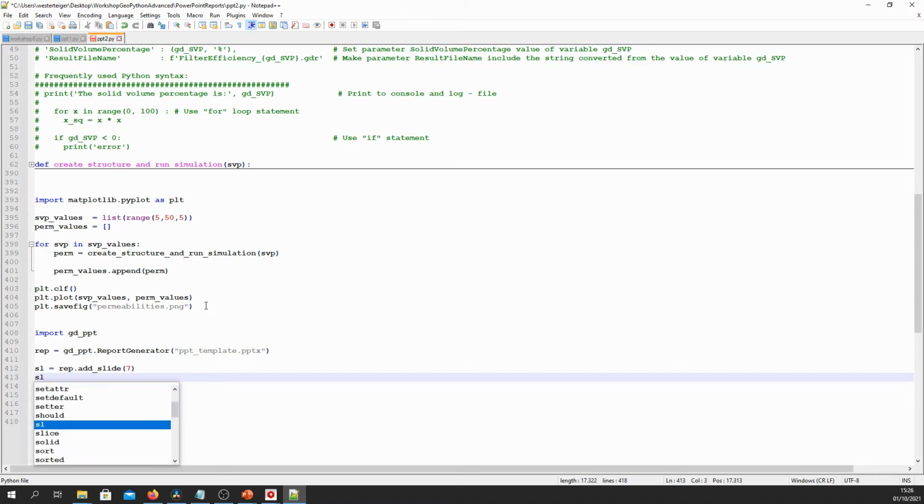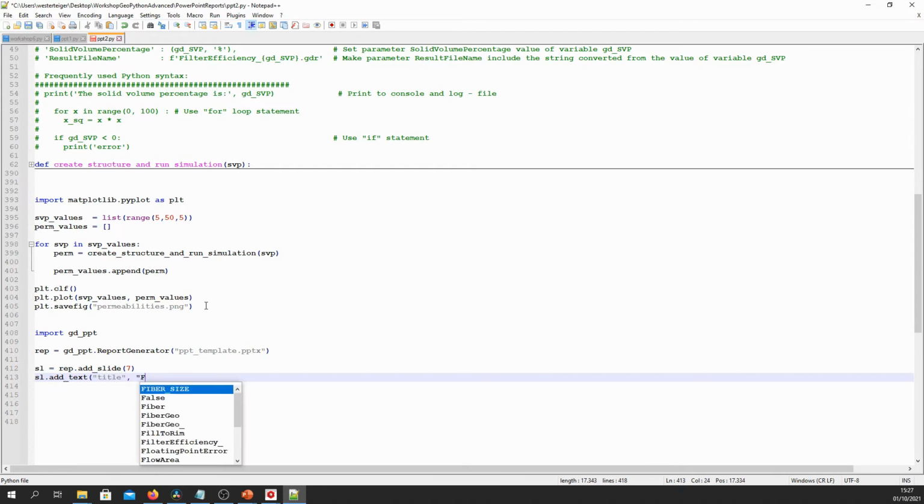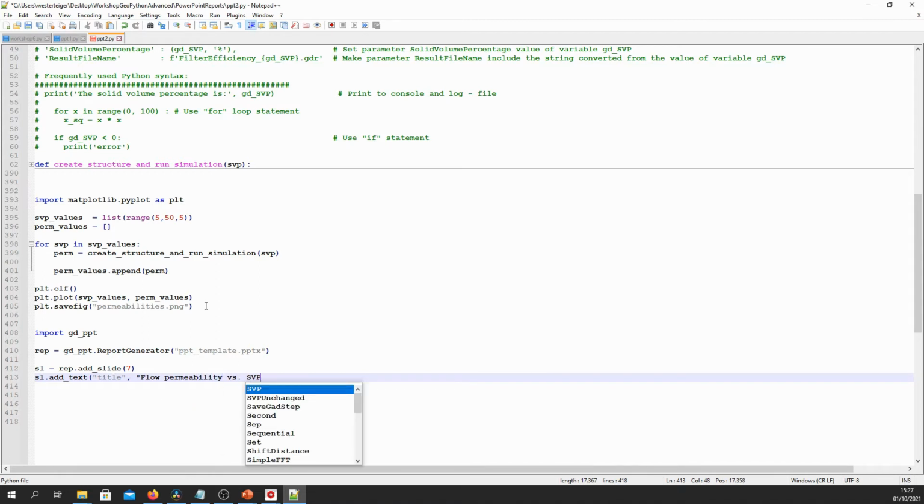And we begin by replacing the text for the title. So we do sl.add_text, title, and we write flow permeability versus SVP, because that's what we want to show in this slide.